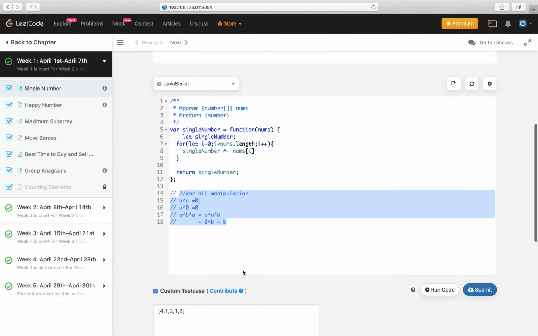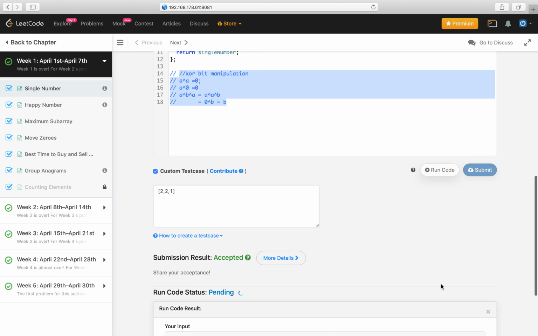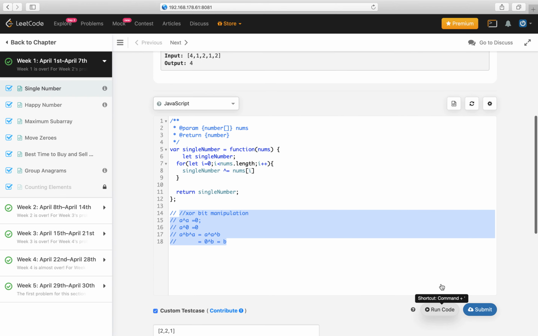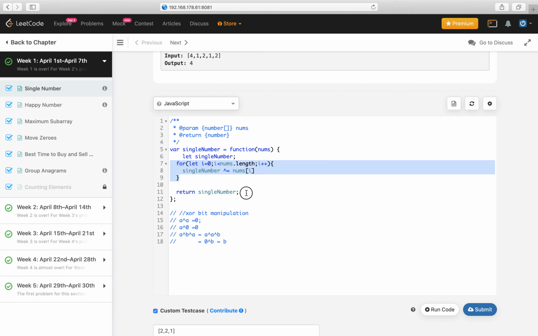Let's try with 2 2 1. Well, this solution is so tricky, but it has linear time complexity, and it doesn't take any extra memory. So as per the problem statement, this is a solution which works.